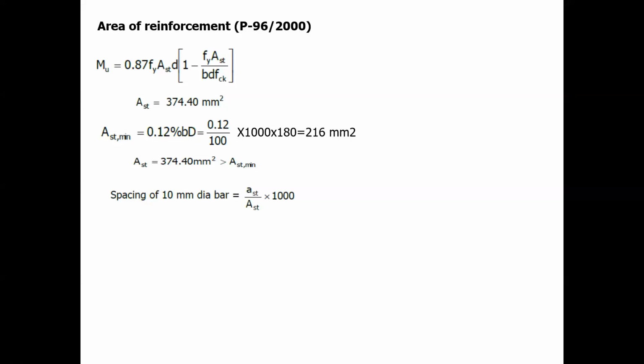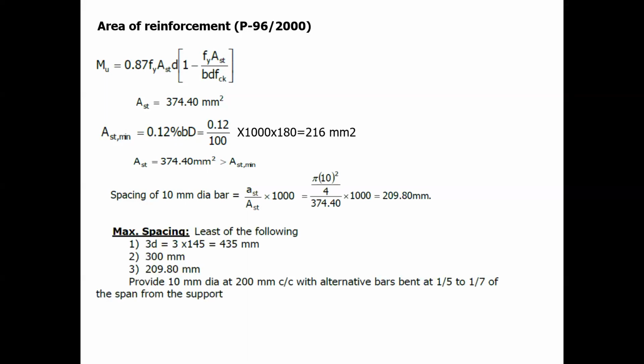$209.77. Okay. So you'll get 209.8 mm. Now you have to take the maximum spacing, which is the least of the following. You have the condition, right? That is 3D, 300, and the spacing which you have calculated. Among these three, the minimum is 209. Therefore, provide 10 mm dia at 200 mm center to center with alternate